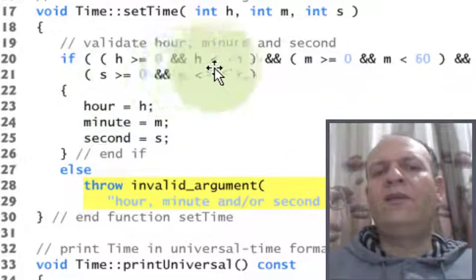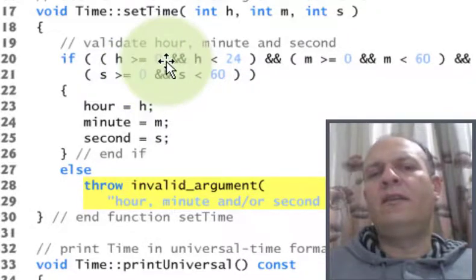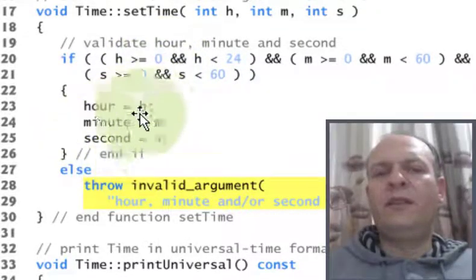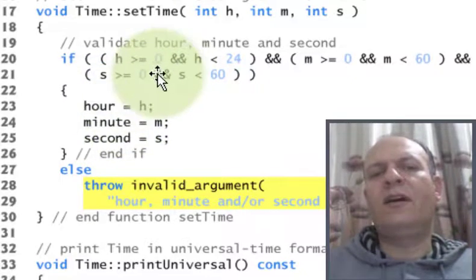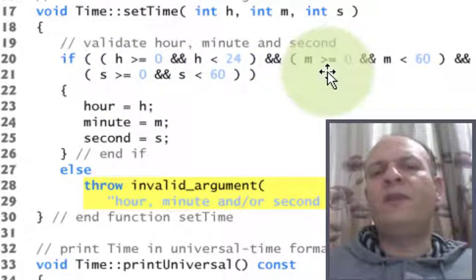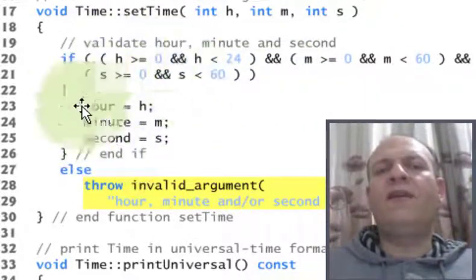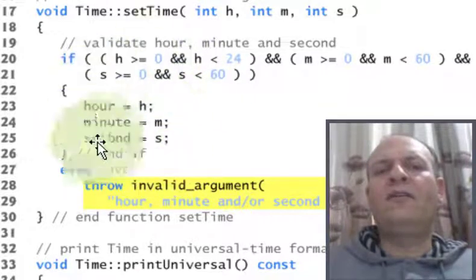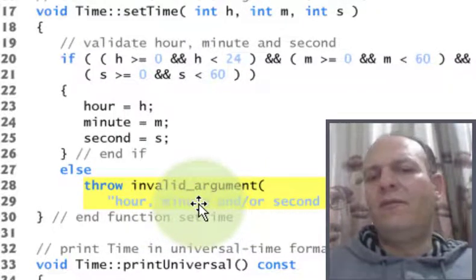Note that it does validation. The most important thing it does in set time is this: if the hour is between 0 and 23, it stores the numbers correctly. If the hour is greater than or equal to 24, that means there is no such thing as an hour of 24 or more. The maximum is 23 and the minimum value is 0. And also for the minutes between 0 and 59, and also seconds. So it validates the values. If the values are not valid, an exception is thrown,